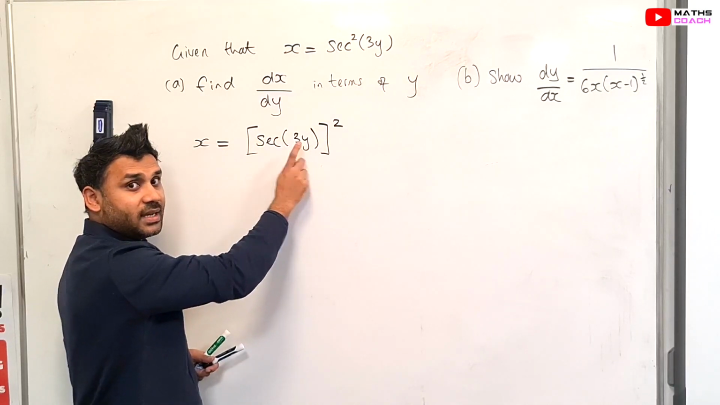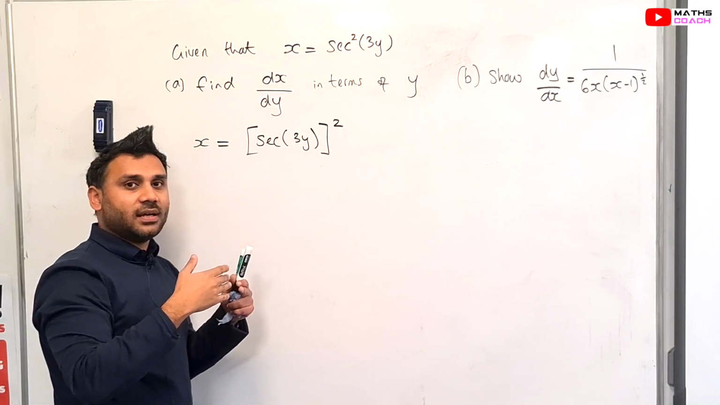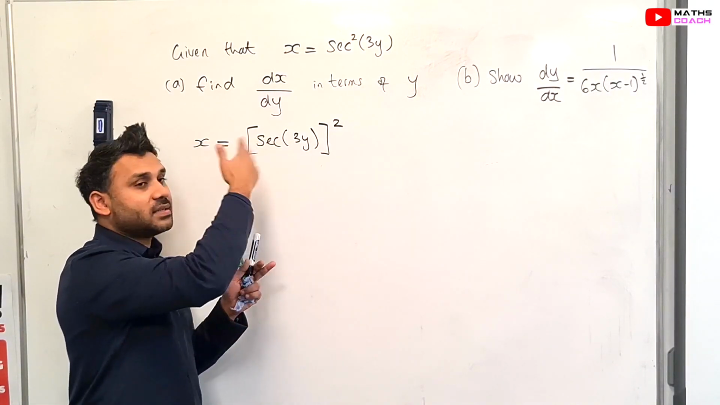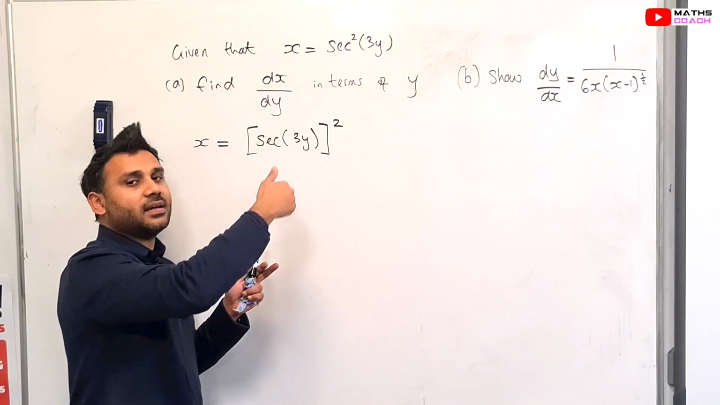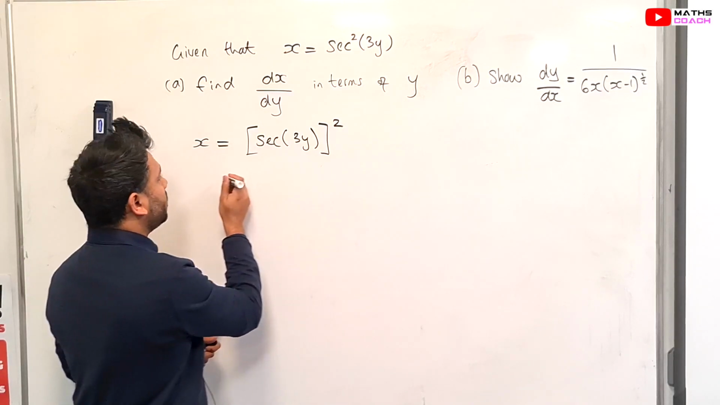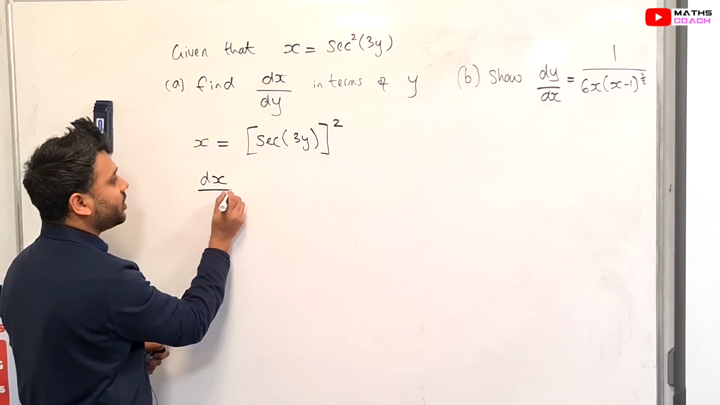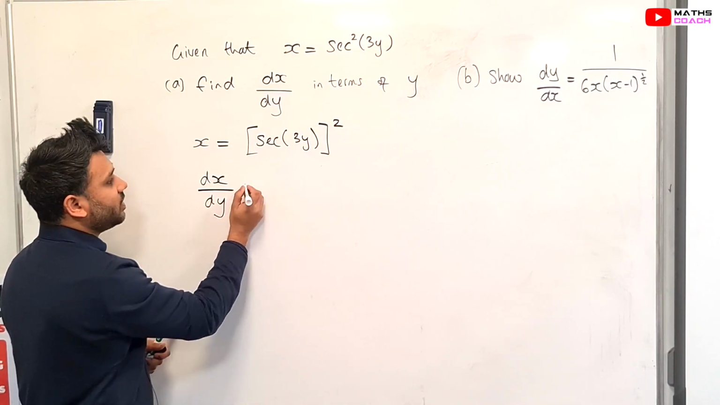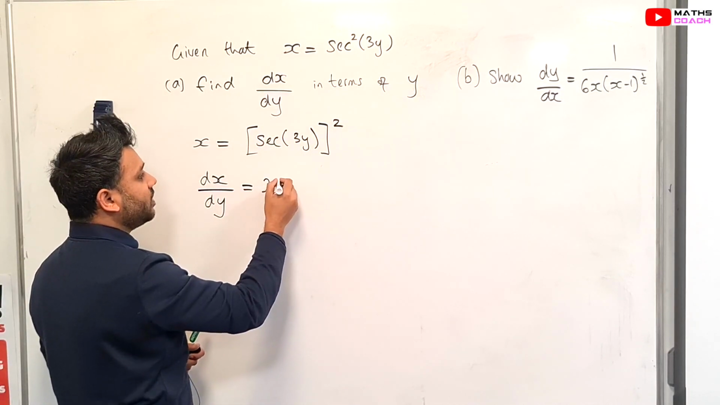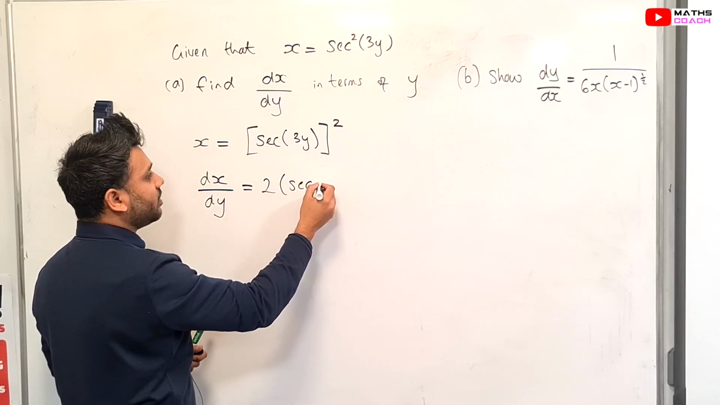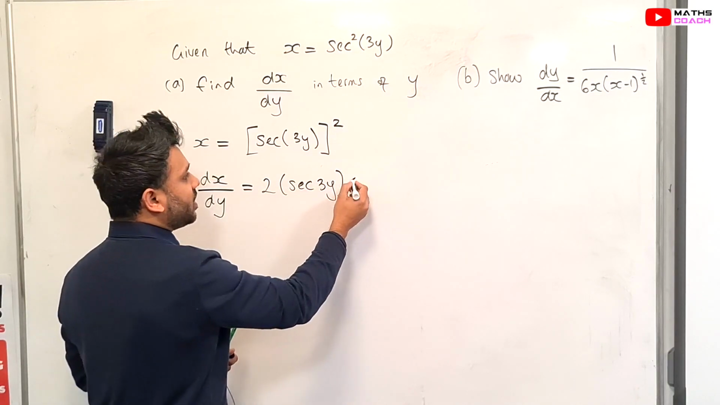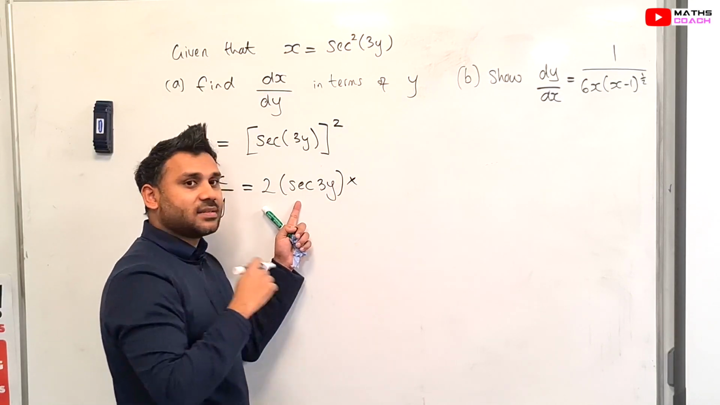Each layer we differentiate and then we times by each of the layers. The order we follow is the outer layer first, the second layer, and then the third layer. And that's basically the chain rule in action. So if we now perform dx by dy, first we differentiate the outer layer, that's the power 2 comes down, and we get sec of 3y to the power 1 times by,